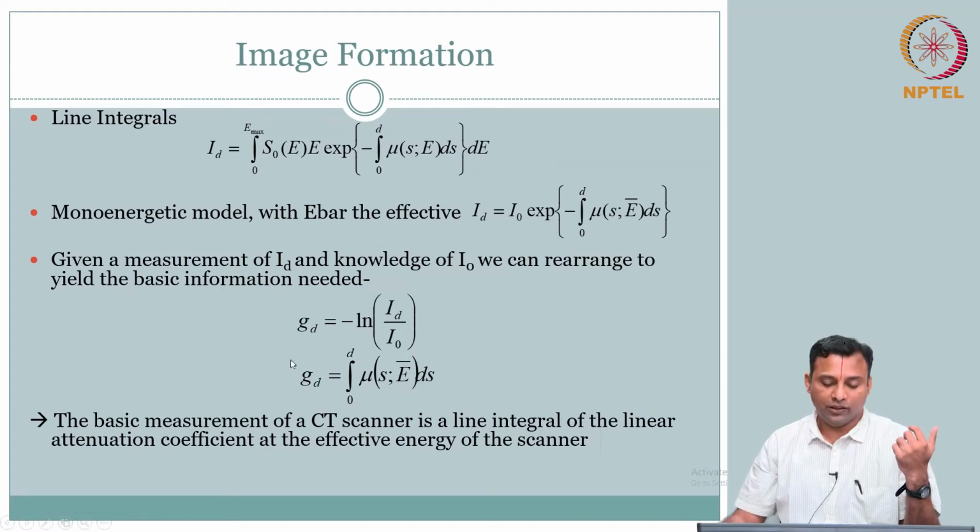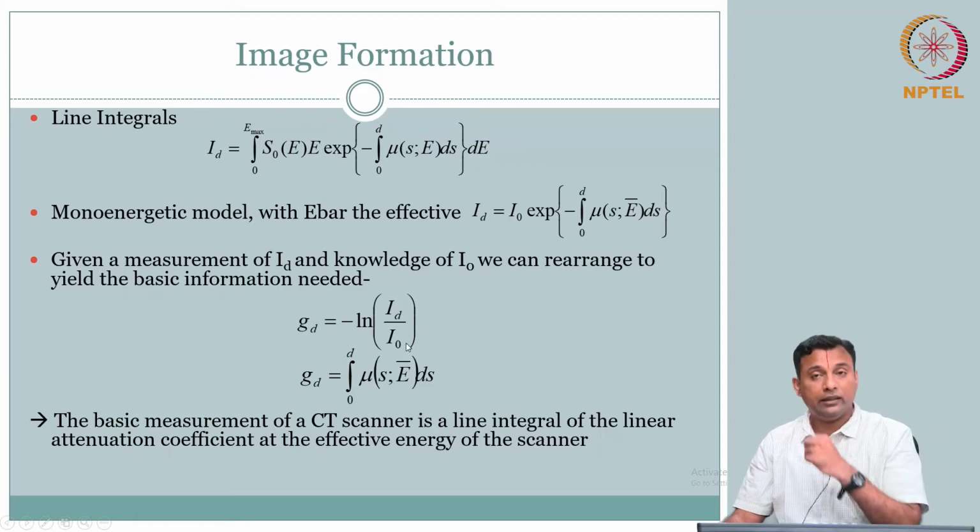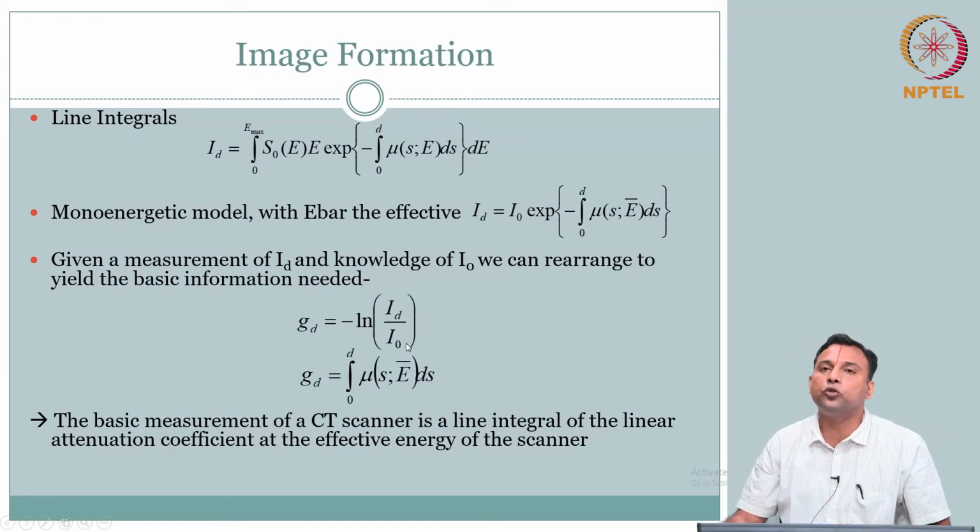So it is not just that we have GD and can get mu. The mu is influenced by all the other factors, and therefore it may still not be as useful. And therefore, what is done is